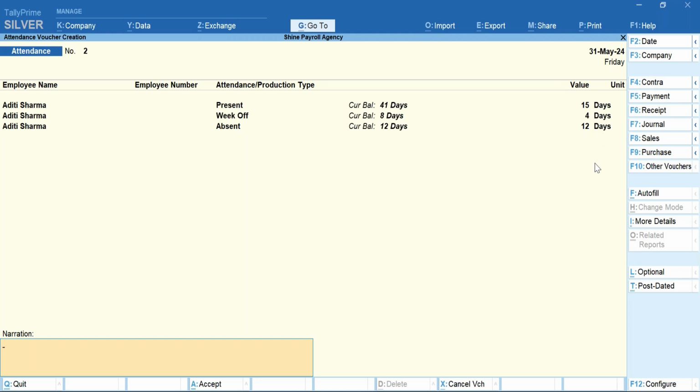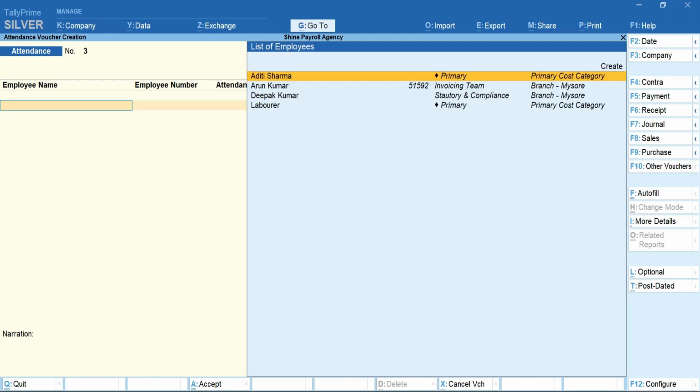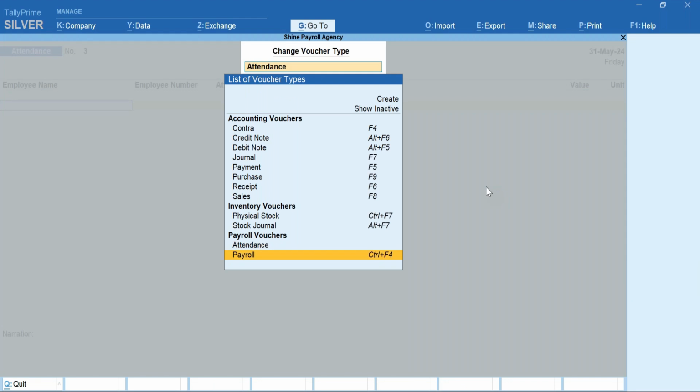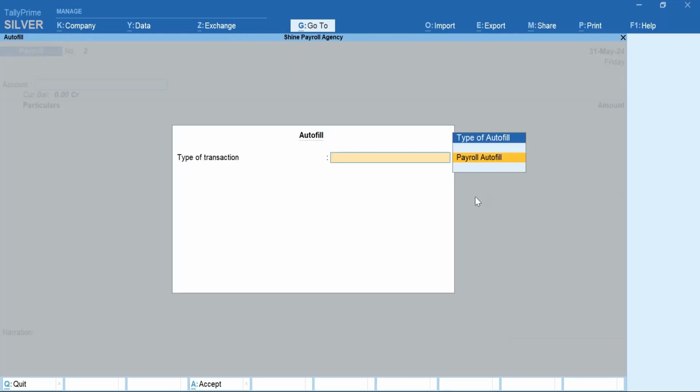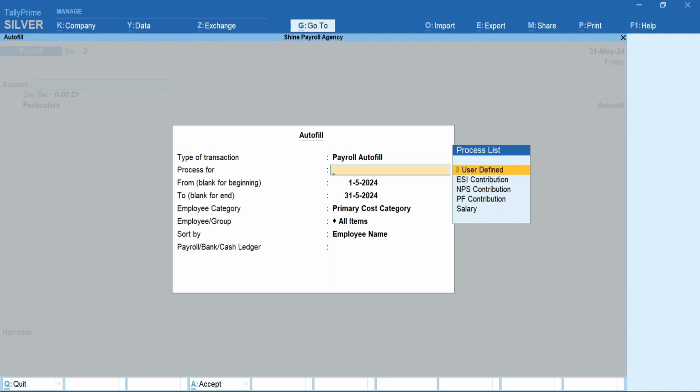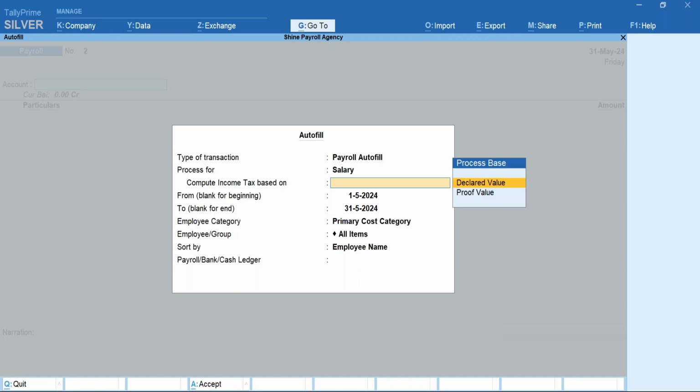Okay, so for 12 days it is absent, so I'll just consider the same thing. After this I'll be recording a salary voucher. For that I'll click on other vouchers. You need to select payroll voucher. Under the payroll, again I'll be selecting the autofill option. Payroll autofill. I don't have any user defined, so I'll be directly navigating to salary